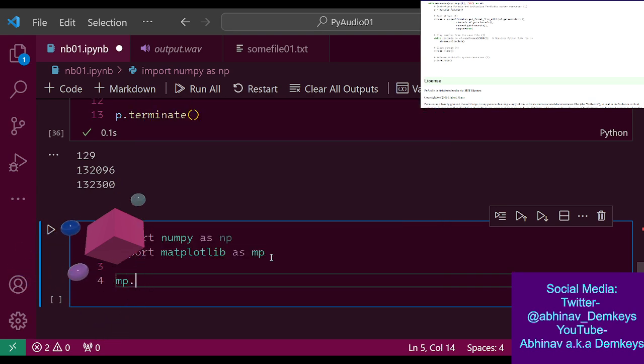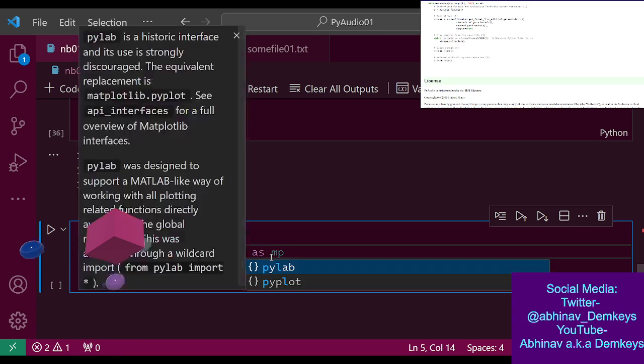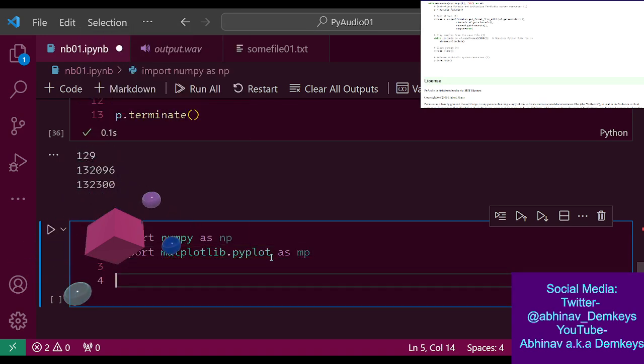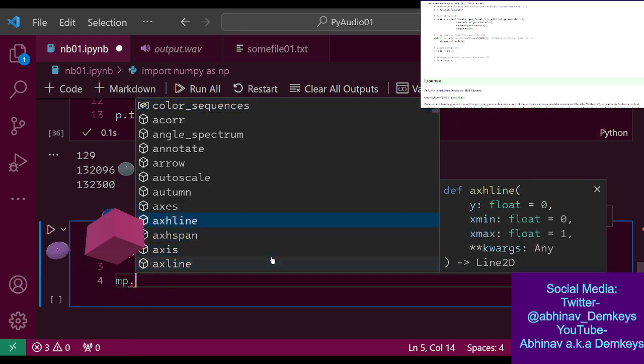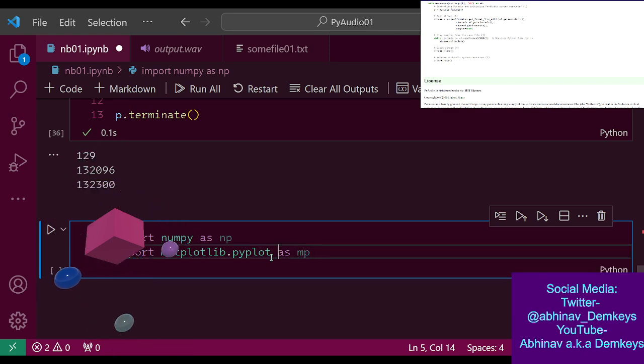I forgot. Hold on. Is it matplotlib.pyplot as MP? There it is. Okay. No, hold on. So I need matplotlib as MP and I need pyplot as PLT.